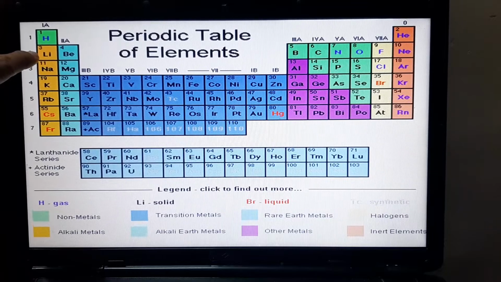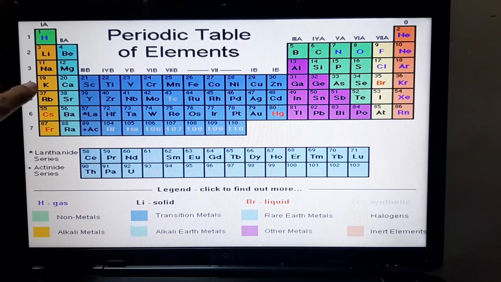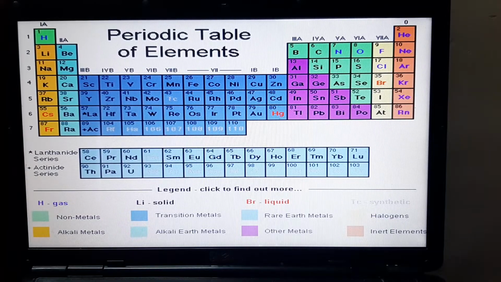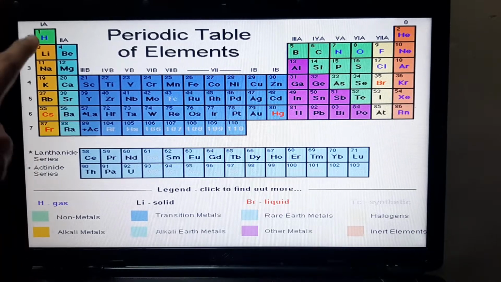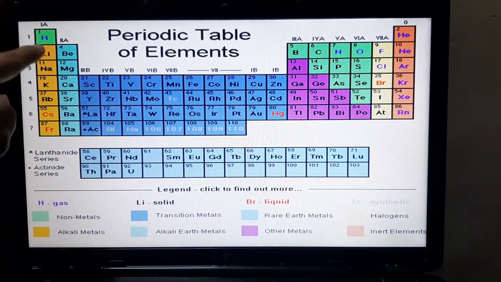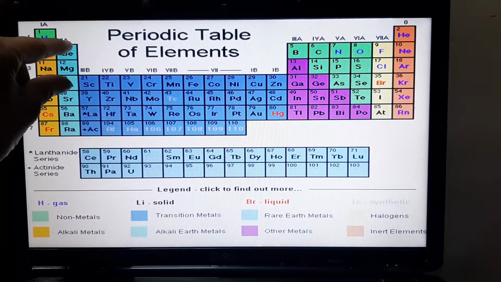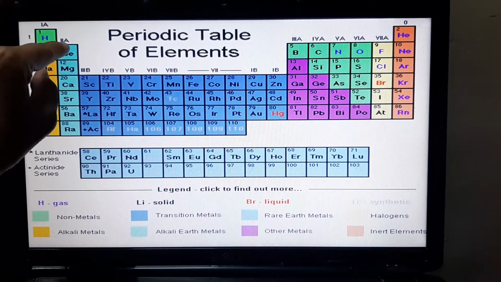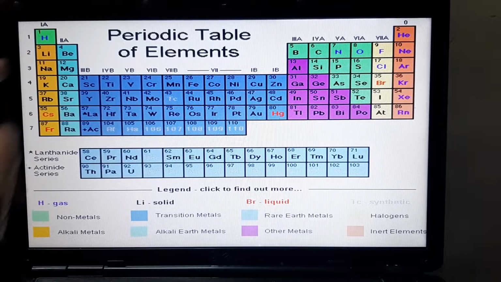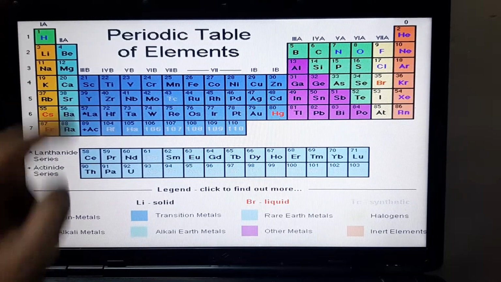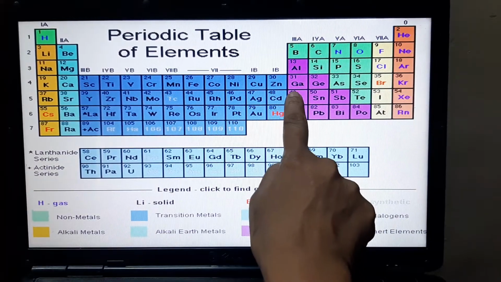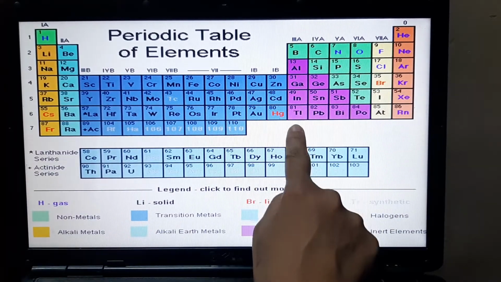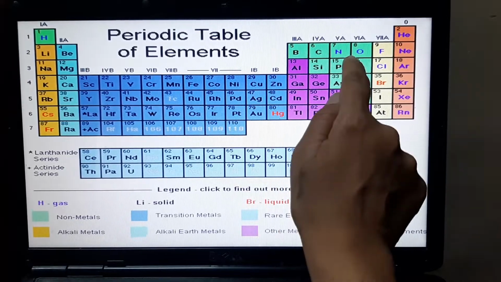Lithium has valency 1, sodium has valency 1, potassium has valency 1. We have seen that in our table when we built it up from 1 to 20 elements with their atomic numbers and their valencies. We saw that the valencies of these 3 elements, at least, are 1. In the same way, in group 2, all the elements have the same valency. That means beryllium, magnesium and calcium all have valency 2. Likewise, boron, aluminium and gallium, all of these over here, have valency 3.